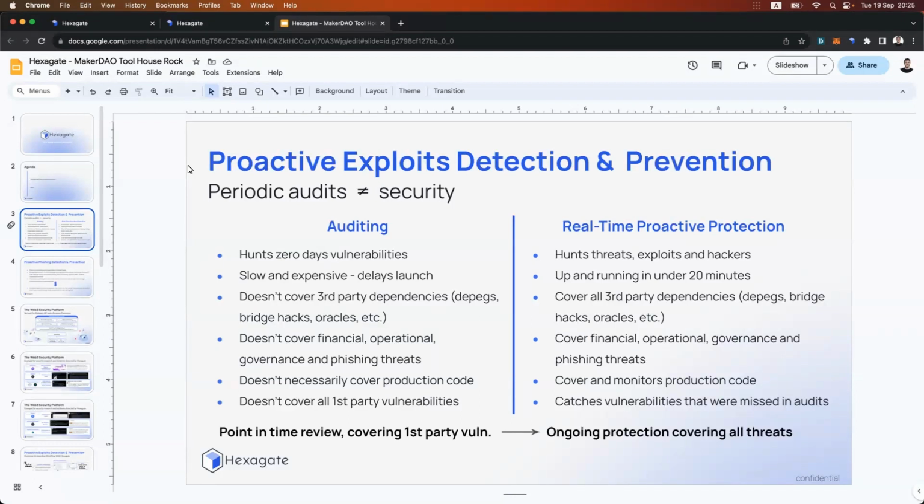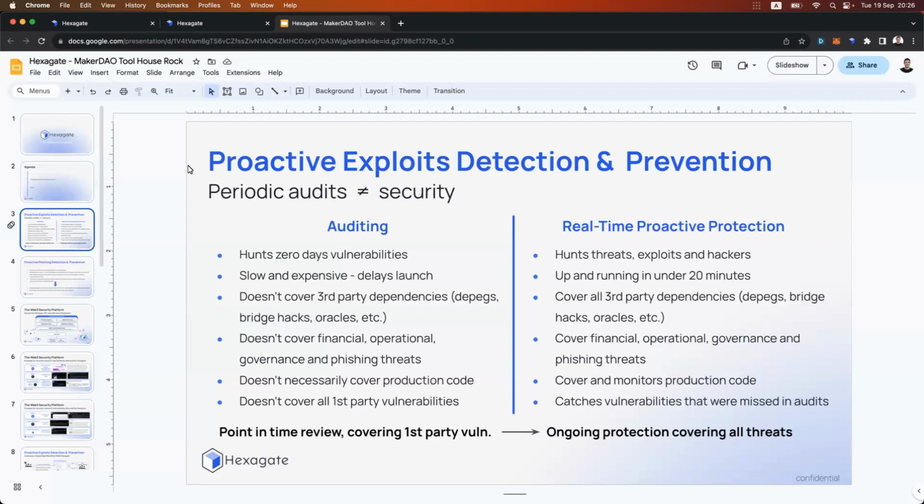Also, auditing is a costly business. So normally you don't just take one auditing company, you take a bunch of them. And not everyone has an infinite budget to have hundreds of security researchers' eyes looking at the code. That makes auditing a costly business, and eventually some protocols have to spare some time of auditing companies looking at the code because they just don't have enough budget to pay for so many auditing companies.